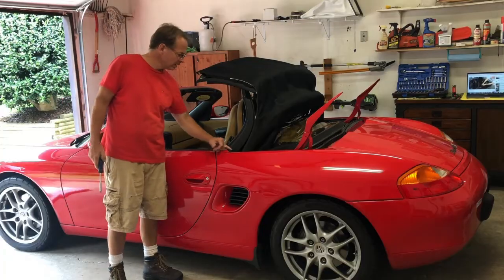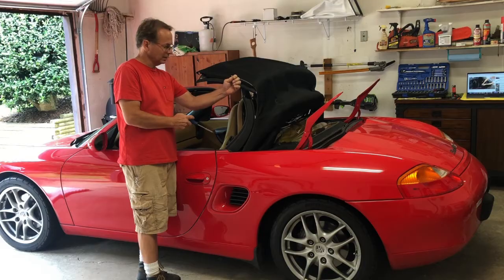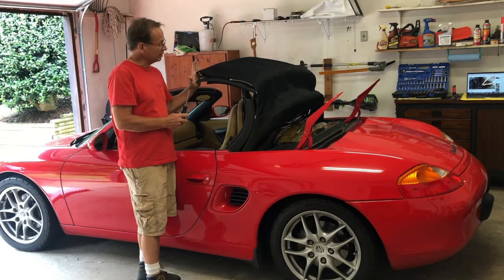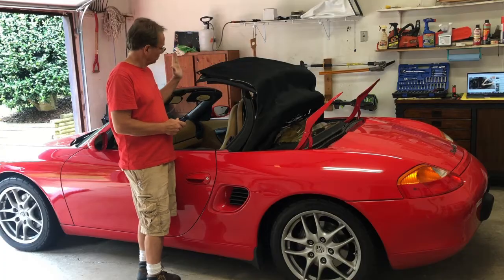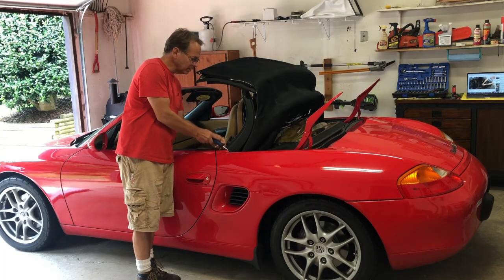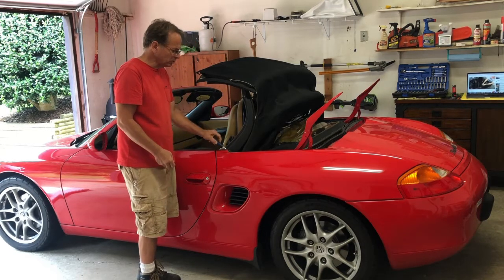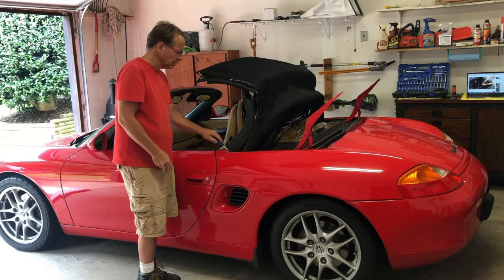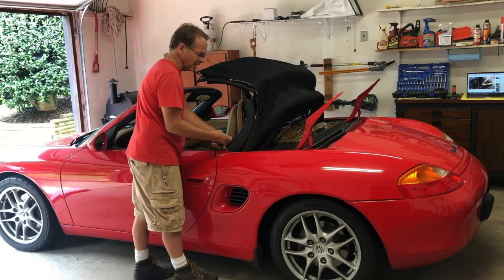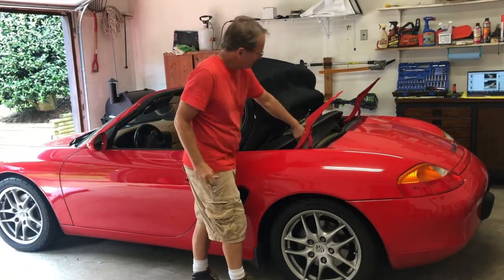Now there is a screw at the other end of this cable going through the other eyelet at the end of this cable. It is a T25. I had to let the convertible top back a pretty good bit just so I could get a screwdriver to it. And there's not only a screw, but there's also a star washer that's kind of biting into the canvas material. All right, so you got the screws out. The next step